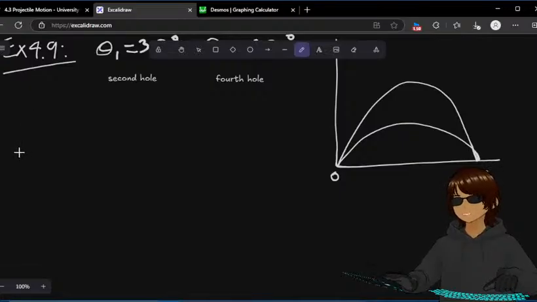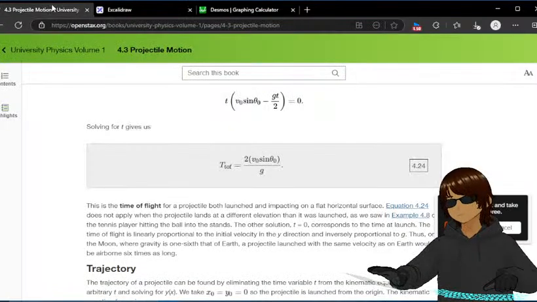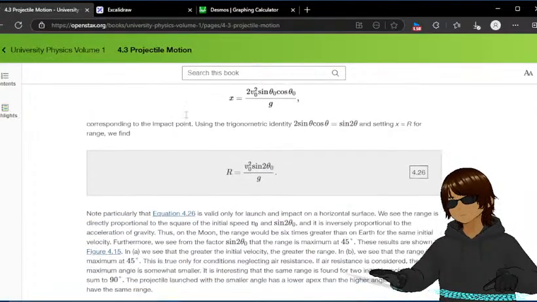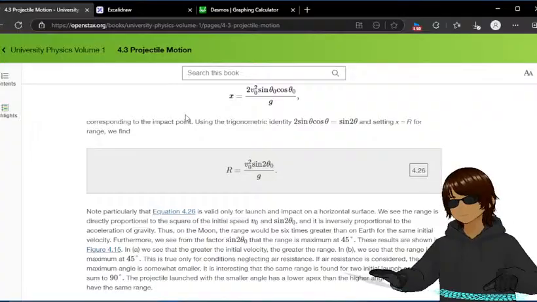Now I need an equation where the velocity is not considered. Hold on. I think we are supposed to use this. The range is